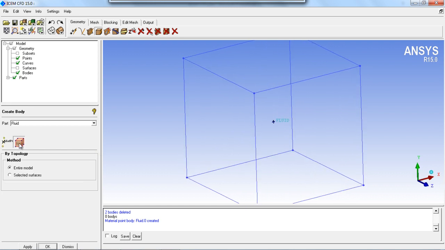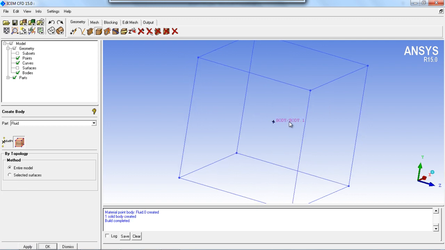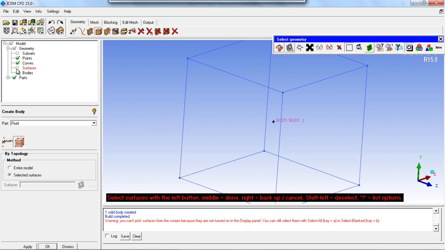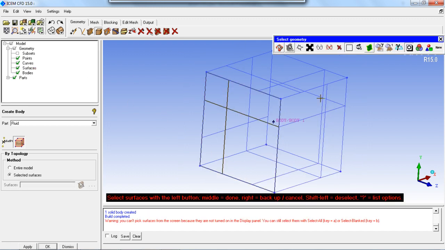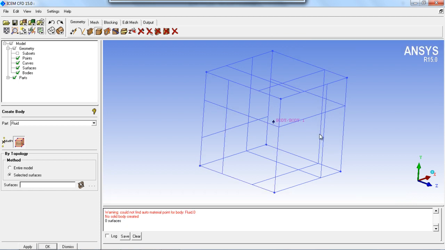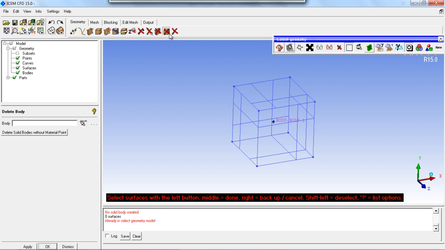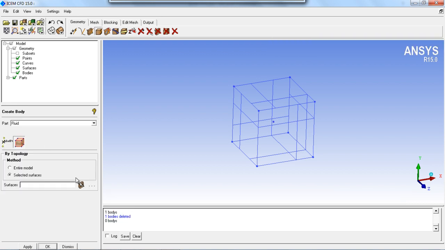Also you have two options: the entire model, or the selected surfaces. So by entire model, just apply and you will get the body point over here, at the center of the body. Or you can select the surfaces, or all surfaces. So just delete the body points and select all the surfaces.